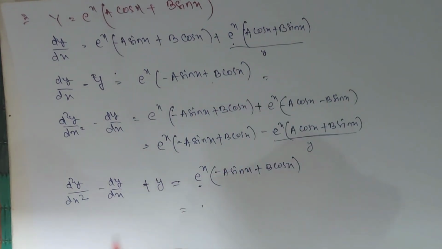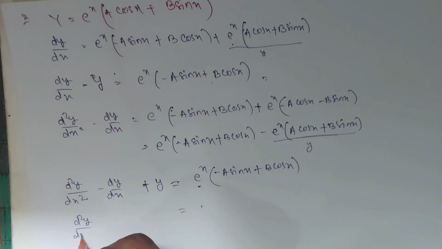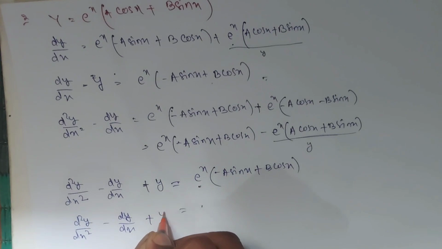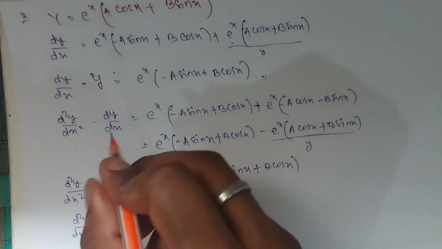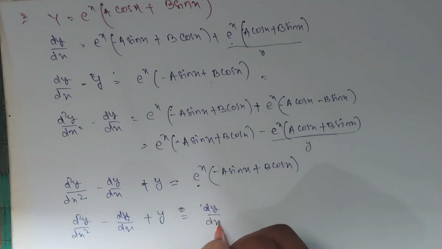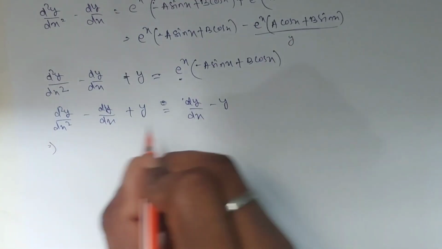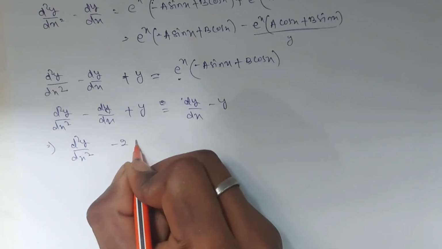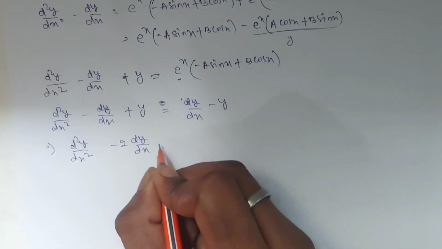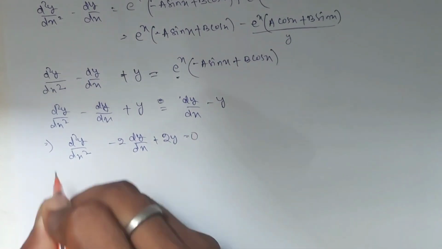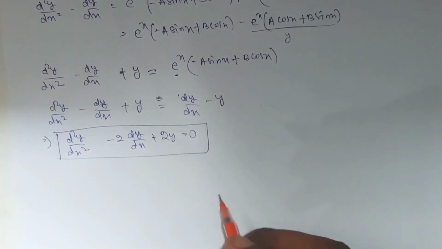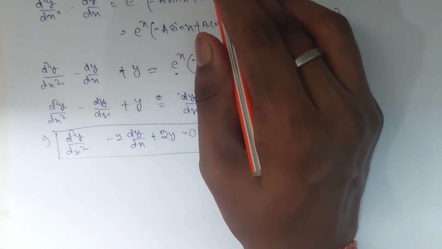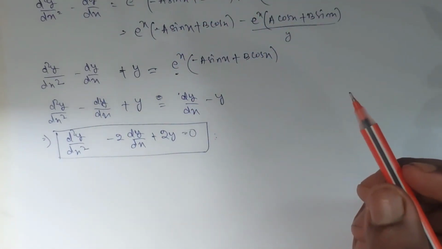So we get d square y by dx square minus dy by dx plus y equals dy by dx minus y. So simplify it, we get d square y by dx square minus 2 dy by dx plus 2y equals 0. This is the differential equation which we can form from this equation, and here we have to note